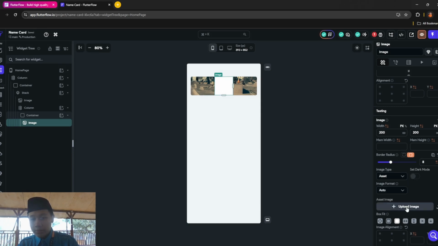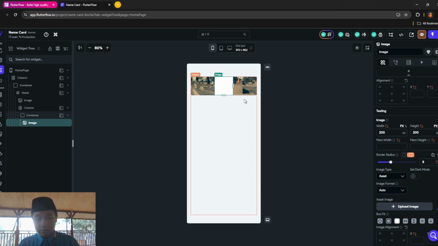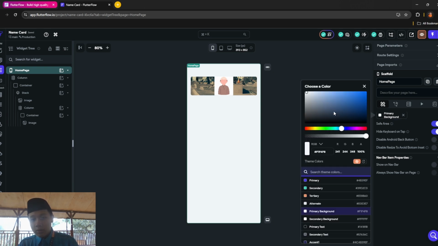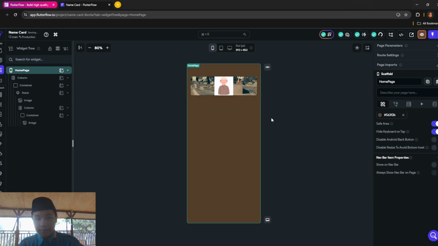Then you want to upload your image. For example, I want to add this image, and it should be like this. You can change your background color by clicking your home page, and then change it to whatever you like. I want to make it brown.